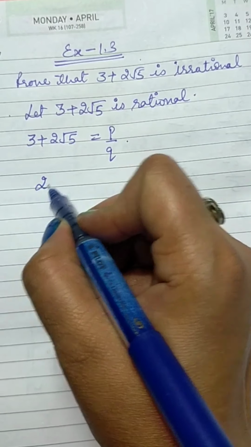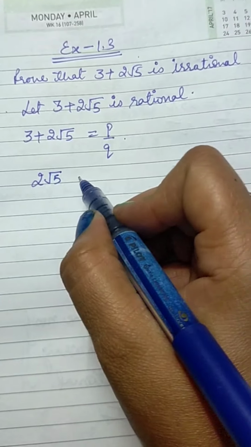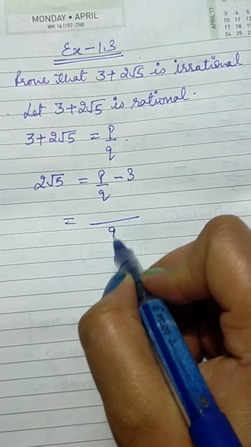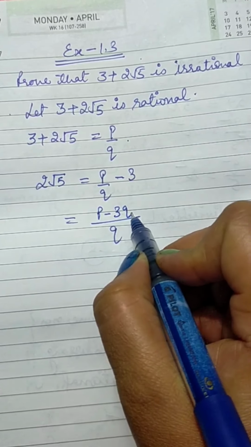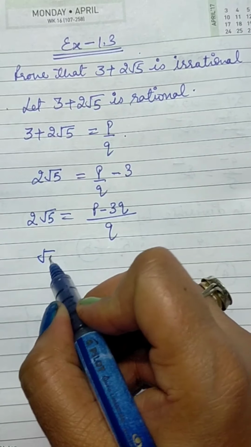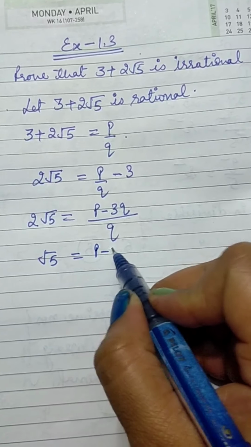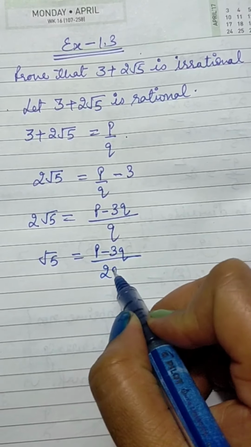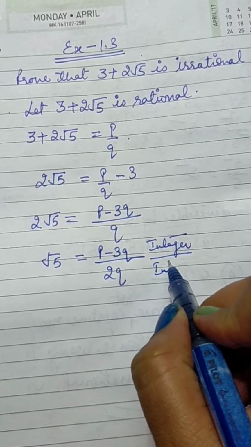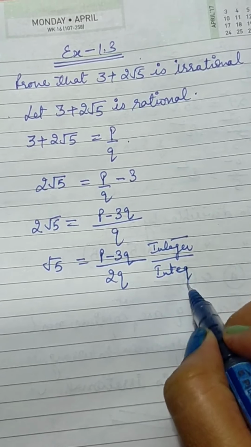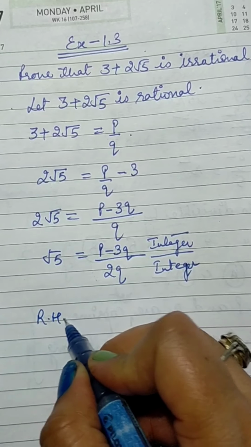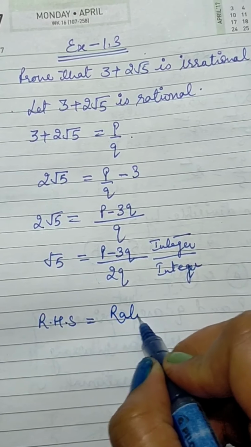Here I am keeping the number with roots on one side and the other number on the other side. Let's take the LCM. It becomes p minus 3q, and here it is 2 root 5. This 2 goes over that side. It will become p minus 3q over 2q, which is integer over integer form. That means p over q form, which is a form of a rational number. So the right side has become a rational number,